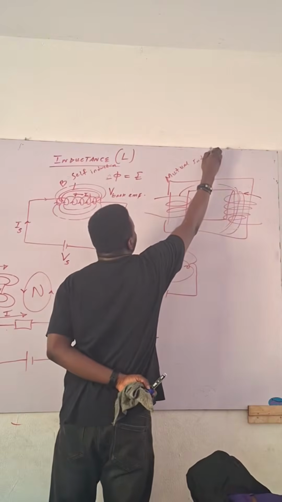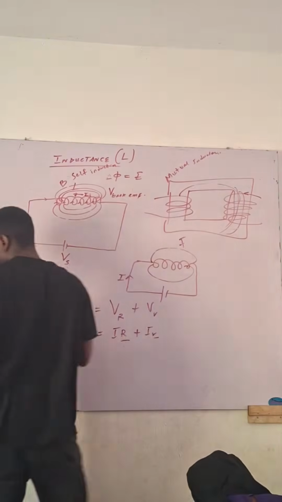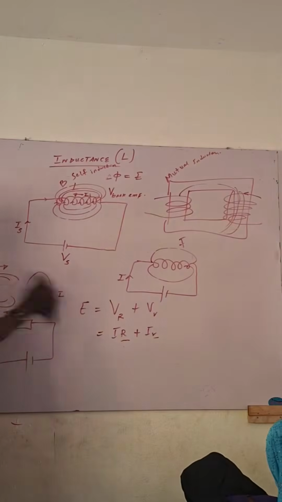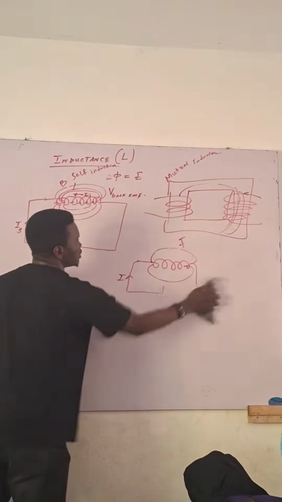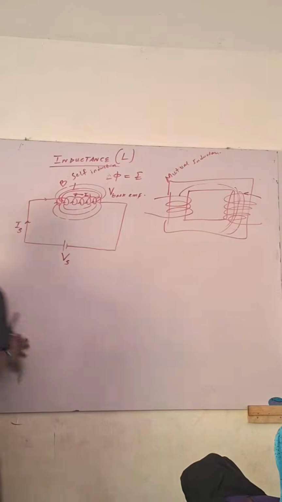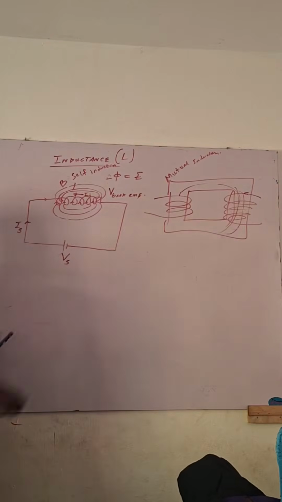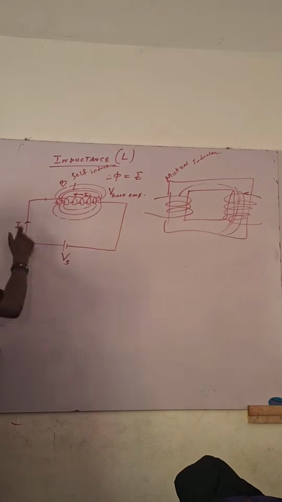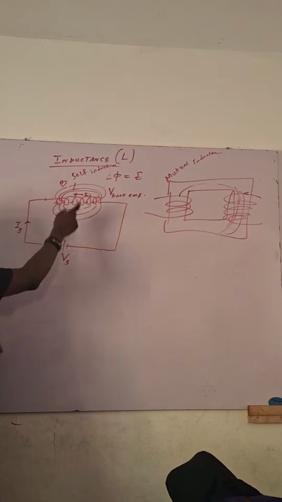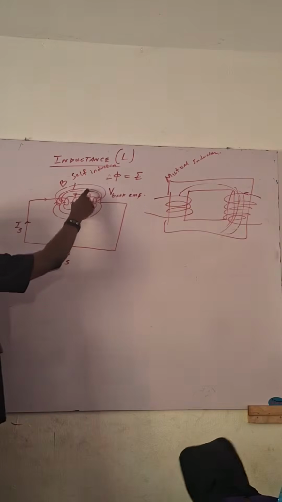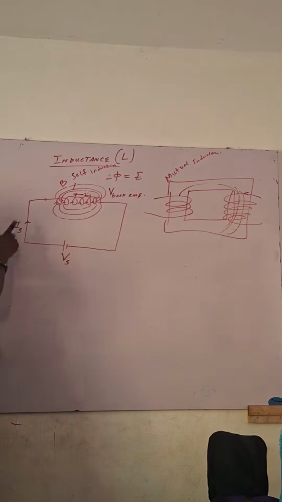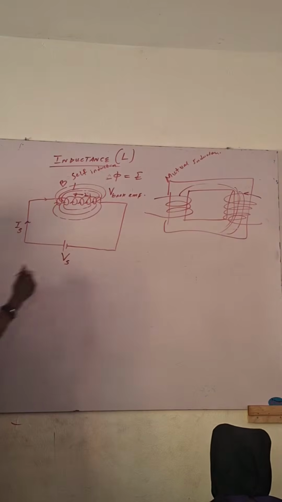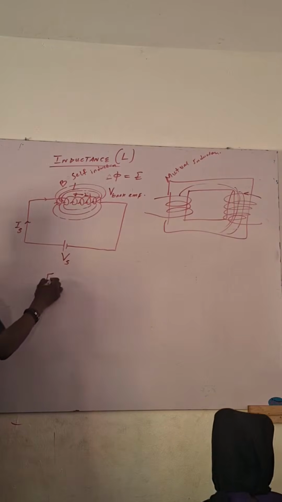But let's move on first before we talk about the types. From what I've said here, there is a current flowing and the current generates a magnetic field. I already gave you the definition. The current generates a magnetic field, and the magnetic field generates an induced current, and that induced current always acts to oppose the motion producing it. So we now have this formula that the EMF